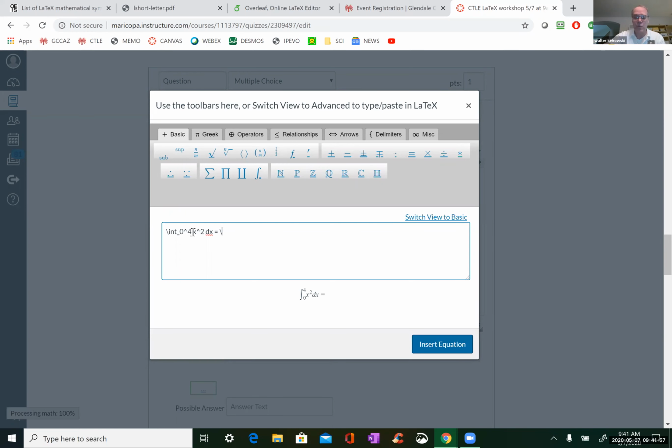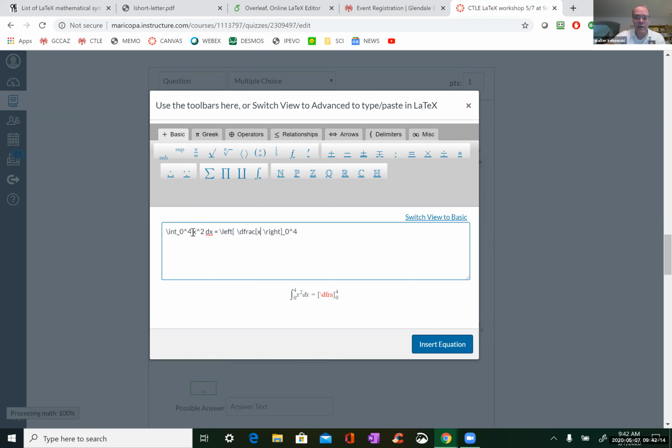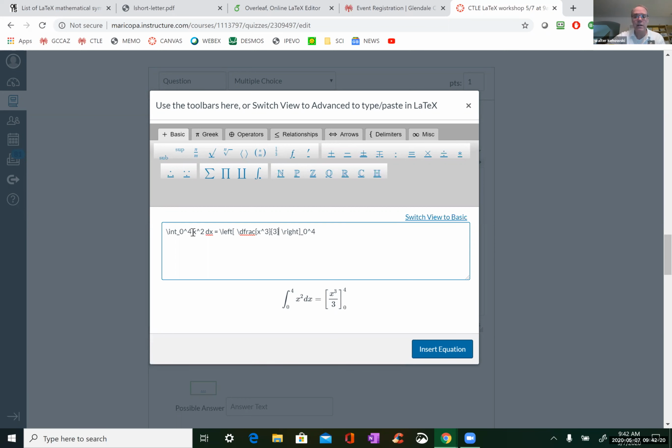Then you can do left and right. And then you can go 0 to 4 like that. And now decide how you want to put it. So you say, okay, do dfrac x cubed over 3. And there you go.